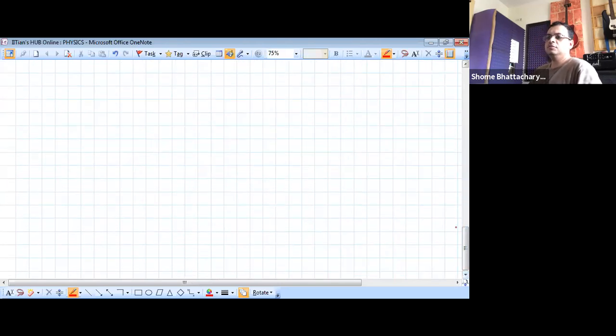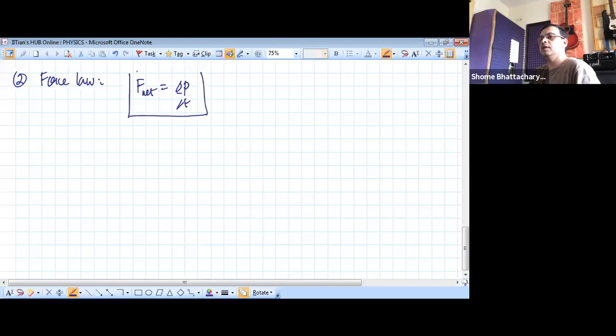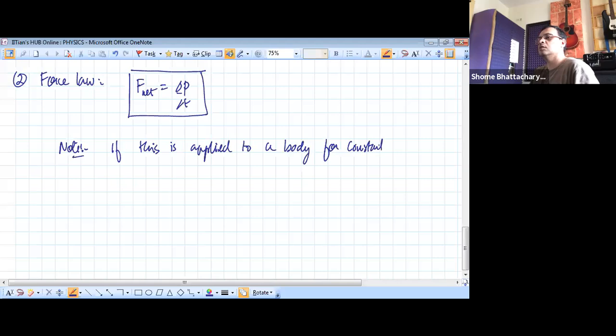Okay. Now, next thing we saw Newton's second law. Okay, so we understood Newton's second law as the force law. It said that the net force acting on a body equals the rate of change of momentum. And we also saw that if this law is applied to a body of constant mass, basically a rigid body,